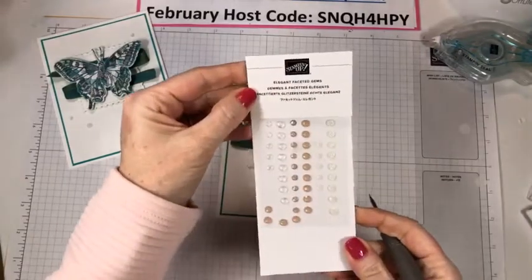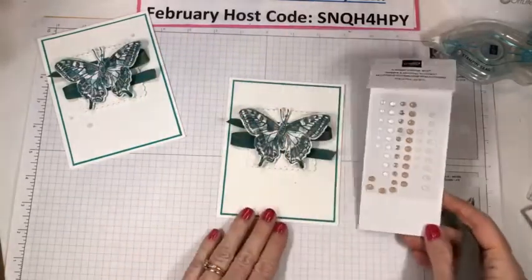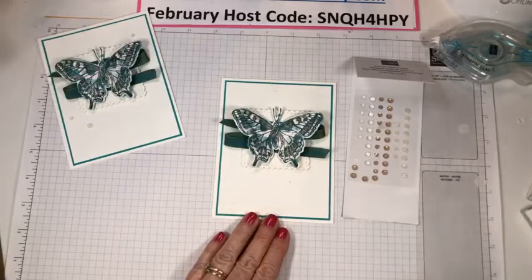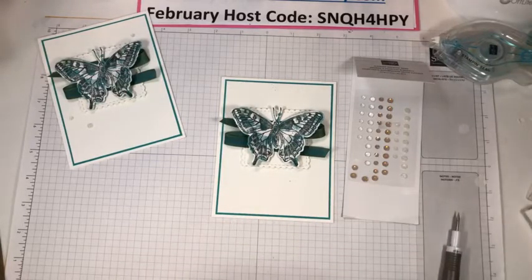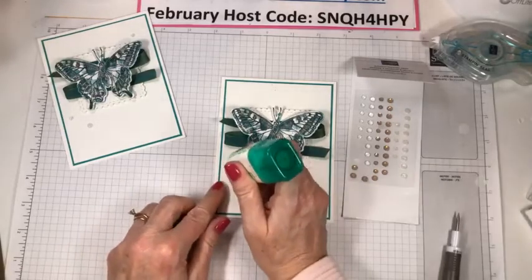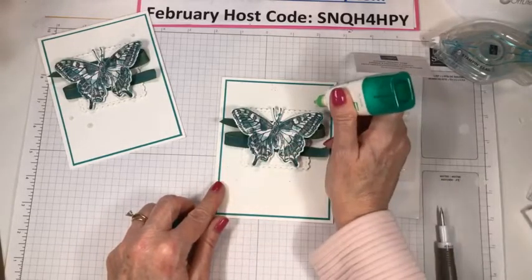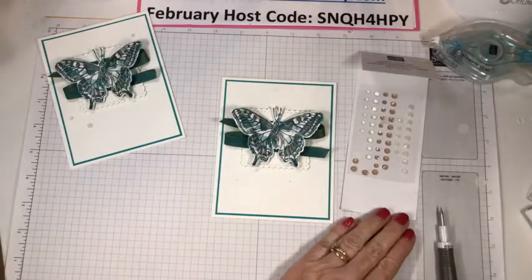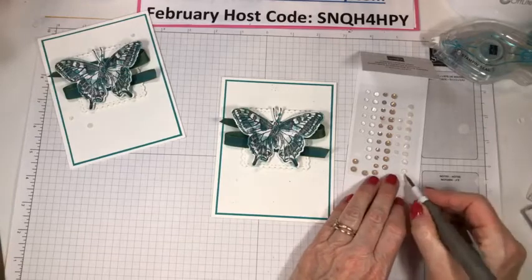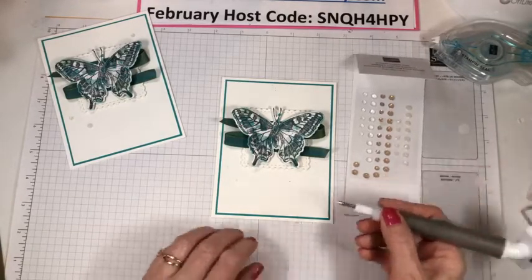These, like I said, are the Elegant Faceted Gems. These are from the annual catalog. Love them. I have gone through quite a few packages of these, and as always, I like to do a little bit of glue here so that I am sure they're not going to be going anywhere. So let's take one of the big ones